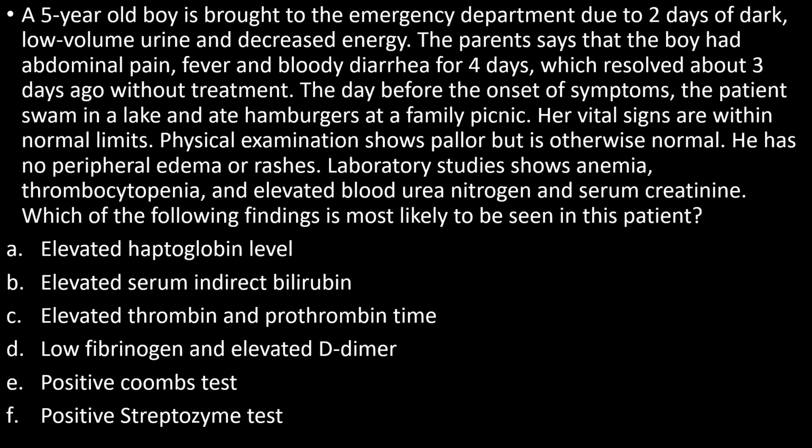Which of the following findings is most likely to be seen in this patient? Pause the video and think of the answer. This patient has hemolytic uremic syndrome, which is often caused by infection with Shiga toxin producing organisms such as Escherichia coli